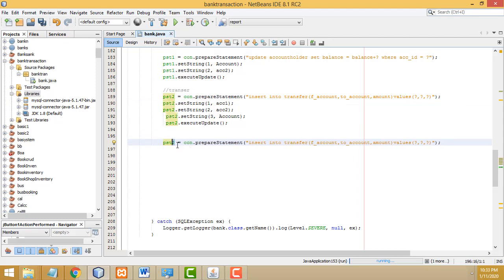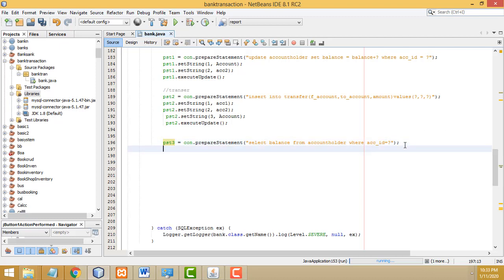This third one, you have to write a select query here. Select balance. You have to check the updated balance from the account holder table where account ID equals, this is the sender ID, account ID. So here we have to write the account ID, pst3, prepare statement 3 dot set